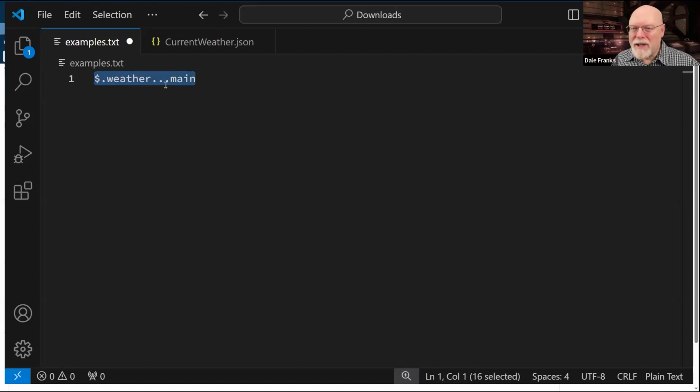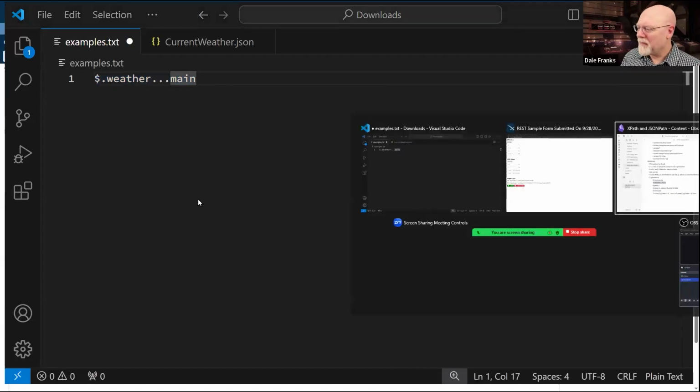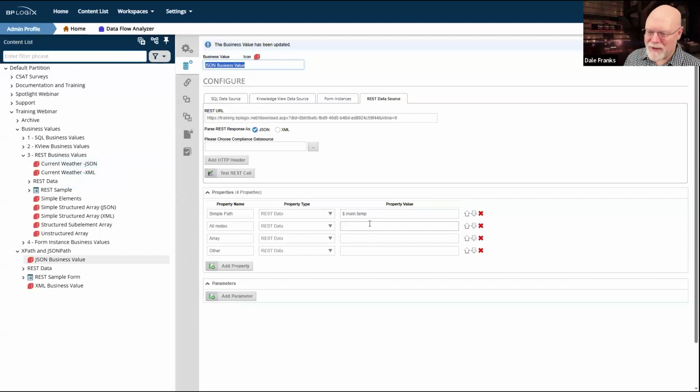Every time we see a dot, remember we're navigating through either a curly or a square bracket. So just keep that in mind. And we're going to throw this in for all nodes, star.weather ... main, and we are going to update that.